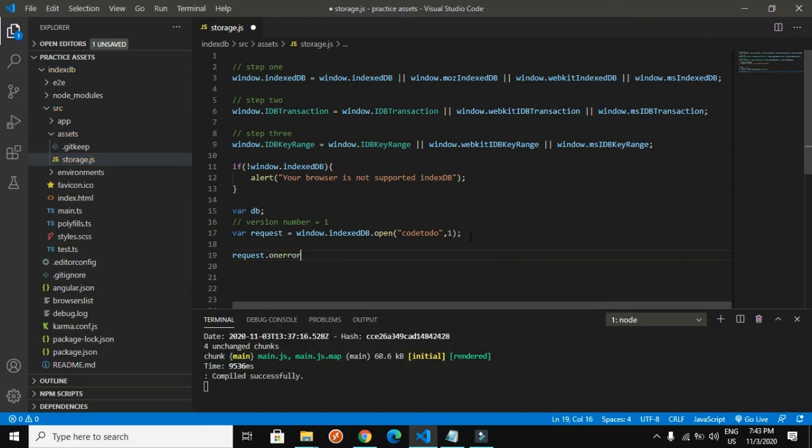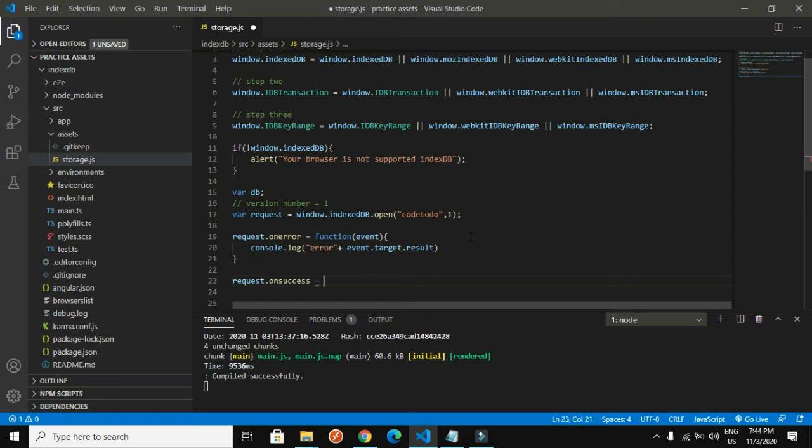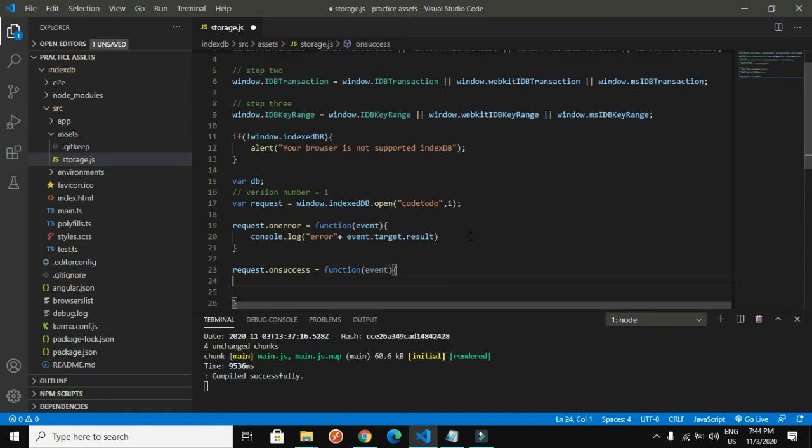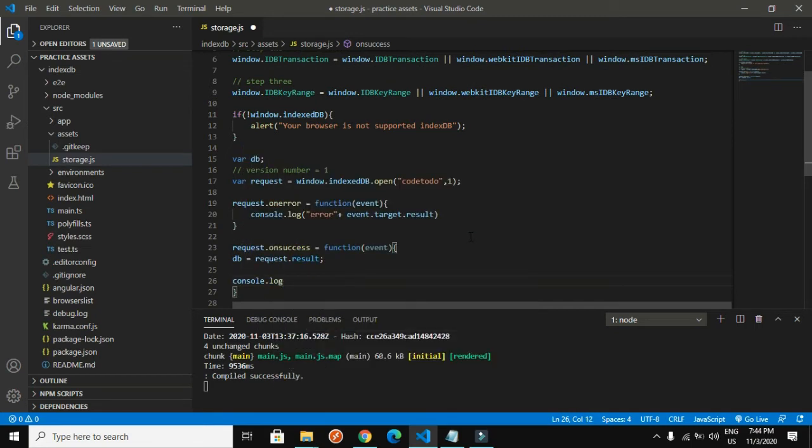So we created now request.onerror function. ये function में जो भी errors आएंगे वो हम define करेंगे console log से, और हमें वो console log में दिखेंगे कुछ भी errors होगा तो. And on success we call an event. So ये event क्या कॉल होगा, db equals to request.result. मीन्स अगर ये इंडेक्स डीबी क्रिएट हुआ तो इसका रिजल्ट आएगा सक्सेस।